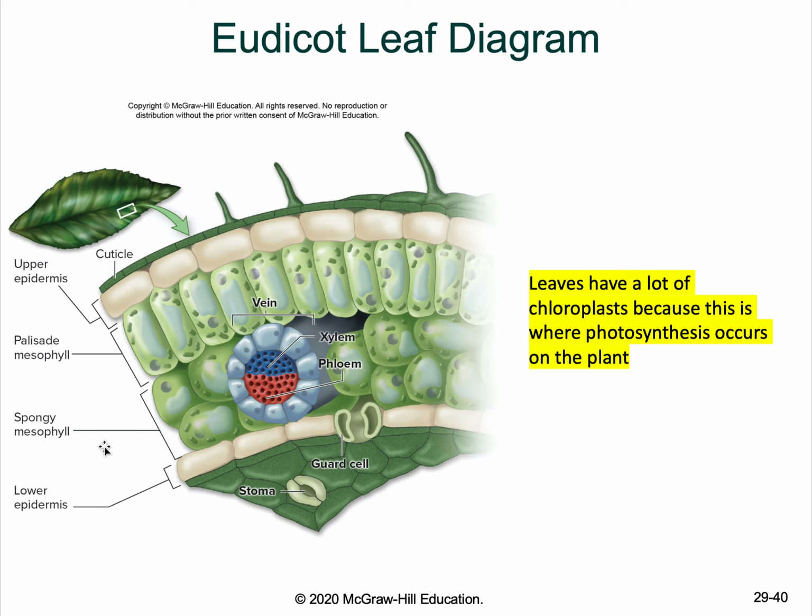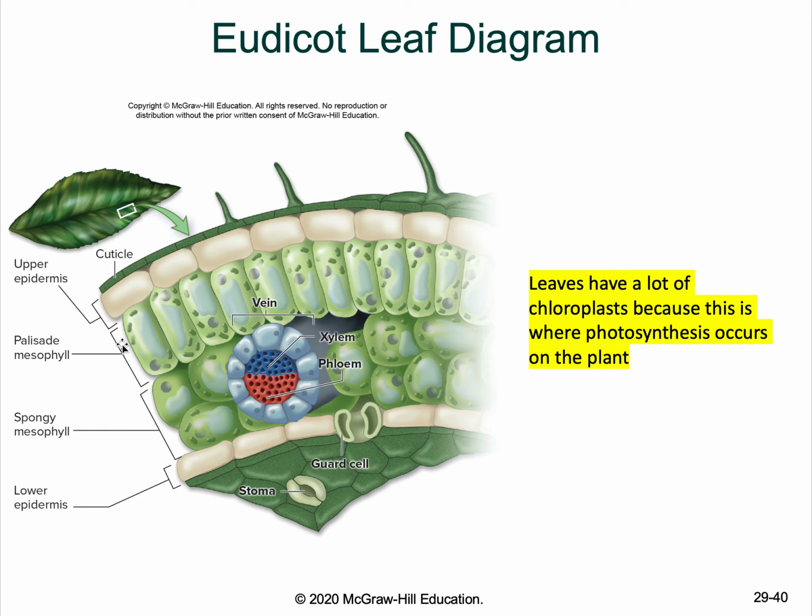We mentioned earlier that photosynthesis happens on the leaves, and so when you think of a leaf, you should think of it as a really big solar panel. This is showing you a cross section of a leaf. If you were to cut a leaf, this is what it would look like in the middle. These are the stomata that we mentioned. This is where gas exchange occurs. It takes in the CO2 and lets out the oxygen. It also lets out water.